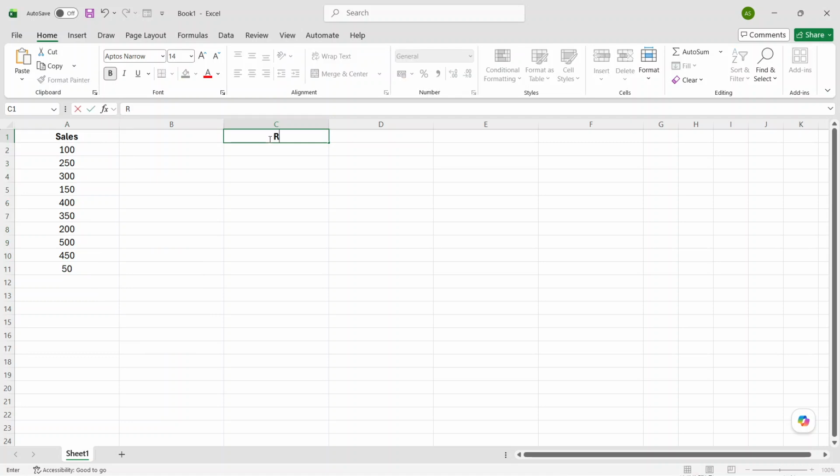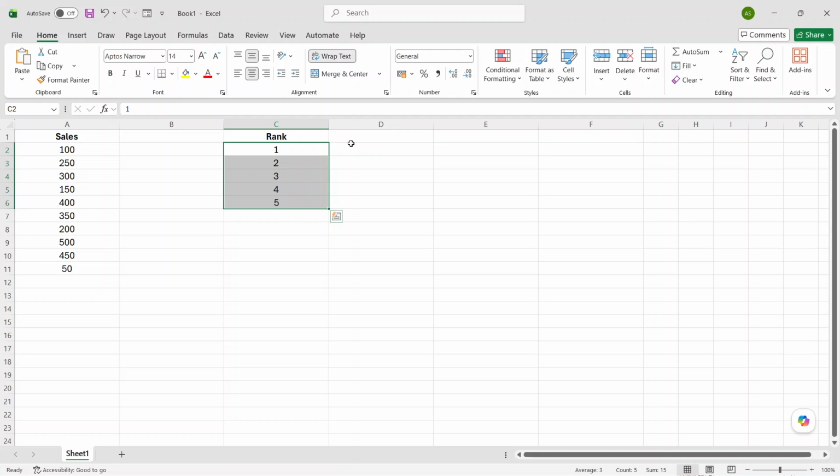Click on cell C1 and type rank. This will serve as the heading for your ranking list. Then in cells C2 through C6, enter the numbers 1, 2, 3, 4, and 5. These numbers tell Excel which position you want returned from the list. A rank of 1 means the largest number, 2 means the second largest, and this continues down through the 5th